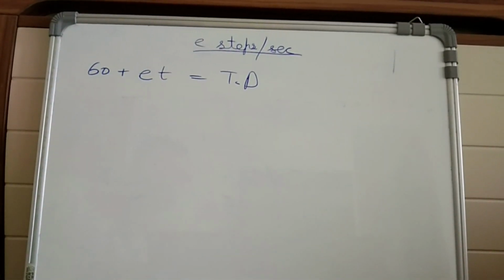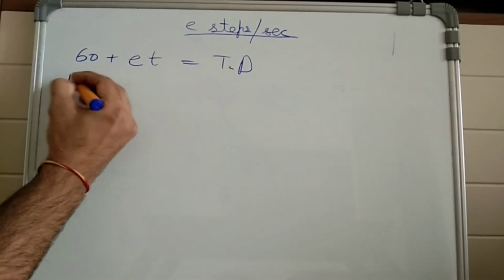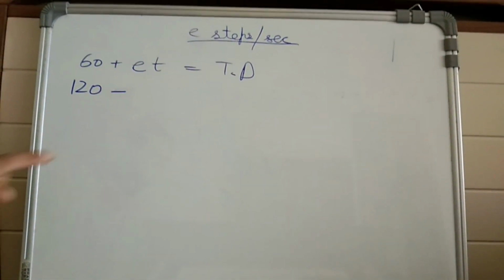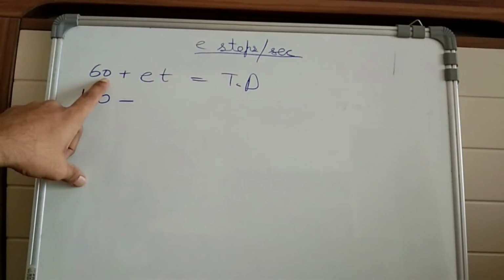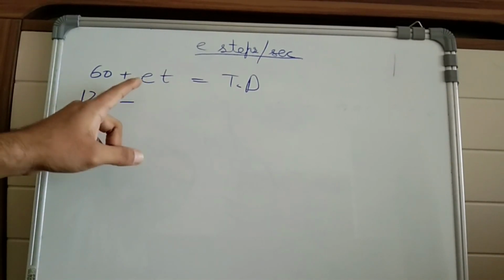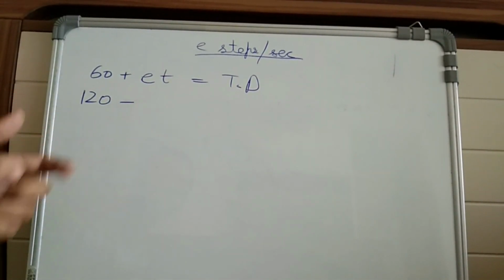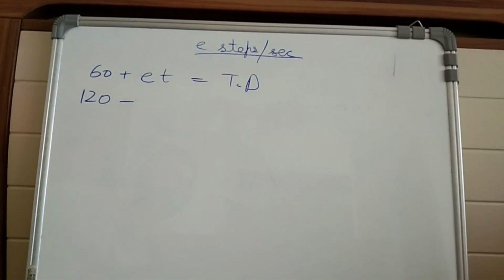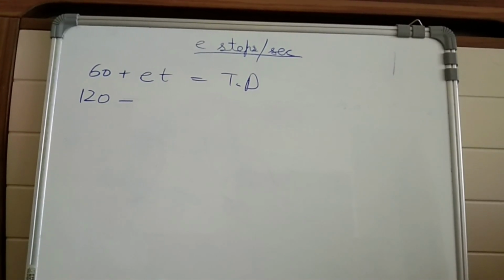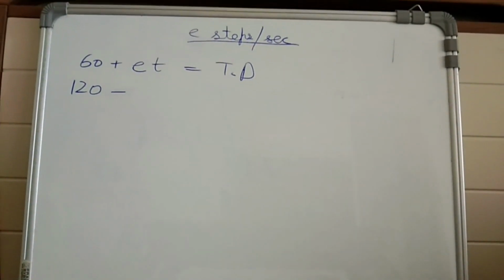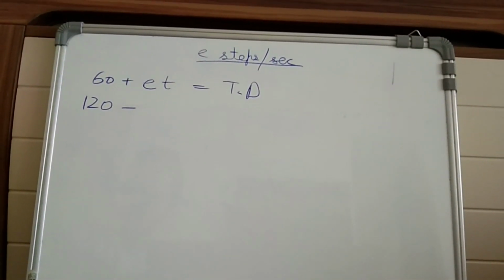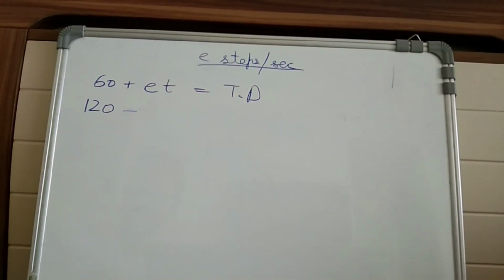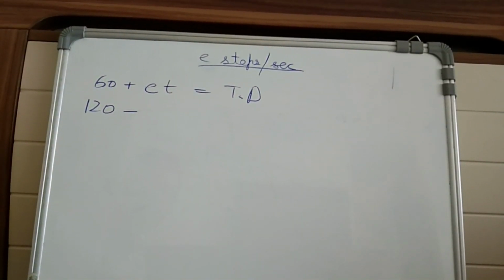If I talk about the second equation, that will be 120 minus, because the person A and escalators both are moving in opposite direction. The person B and escalator were moving in the same direction, that's why I have taken plus. It's just like the same thing that we used to do in the boats and stream questions. So we have to take care of the signs over here as well. So 120 minus, now it is given in question that the time taken by B to reach the bottom is same as the time taken by A to take the 24 steps.